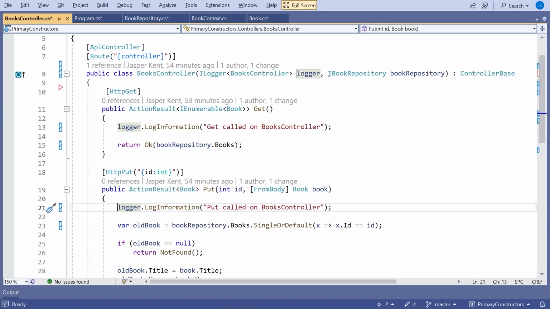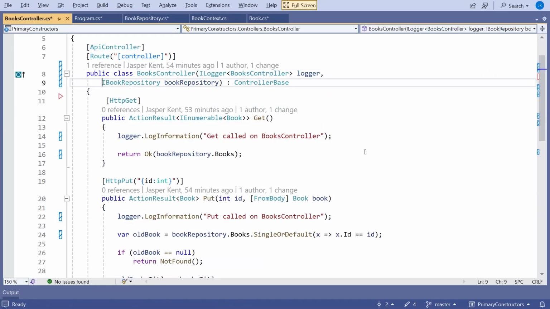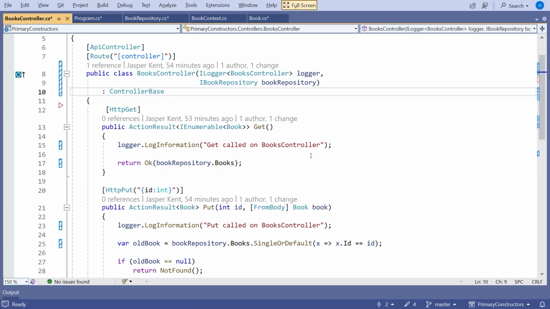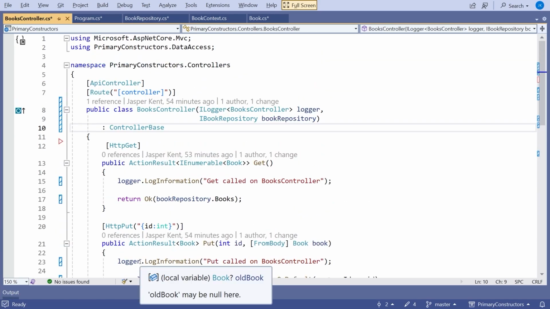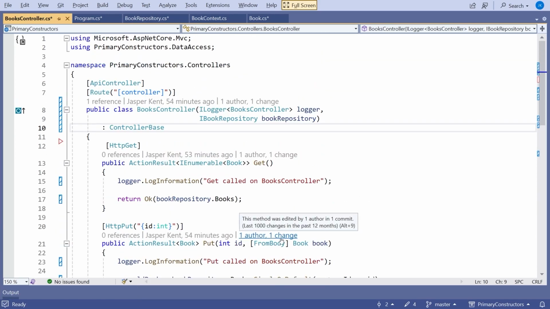You might start thinking about laying this out a bit differently because that's starting to get quite long-winded, so you probably want to do something maybe a bit like that just so you can see it. But basically we've got those passed in, and so we've got logger, we've got the book repository, and that should all be working in the same way. Again, we've got that slight issue that they are not read-only anymore, but it's unlikely you're going to be changing them because that's just not something you want to do.